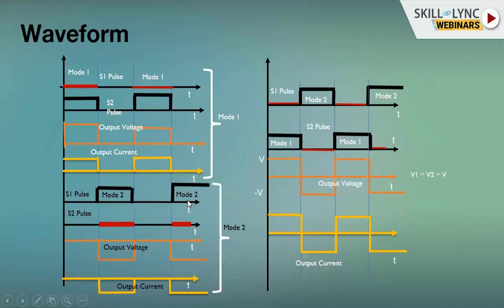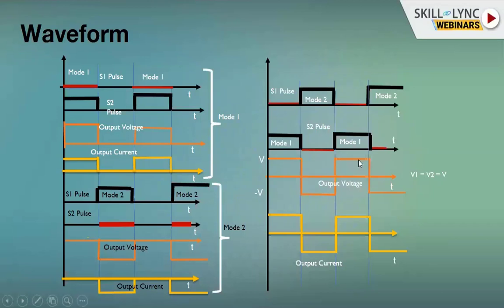Now we are combining both the modes of operation, because an inverter would be having mode 1 operation followed by mode 2 operation. And again, mode 1 and mode 2 go on repeating. Okay, so the overall waveform for mode 1 and mode 2 put together would be: the first top waveform is going to be the S1 pulse. The second one is going to be the S2 pulse, which is the gating pulse. The third one is the output voltage, and the fourth one is the output current. So when S2 is triggered on, we get the positive voltage corresponding to positive current. When S1 is triggered on, we get a negative voltage and correspondingly negative current over here. And this goes on repeating.